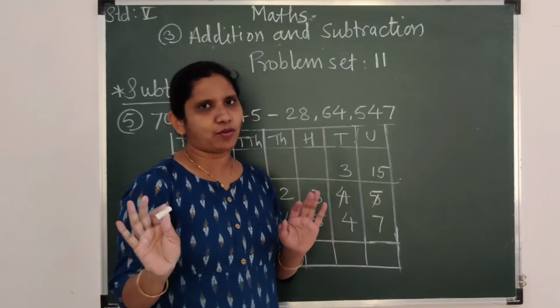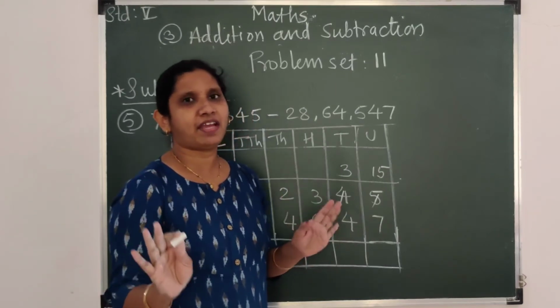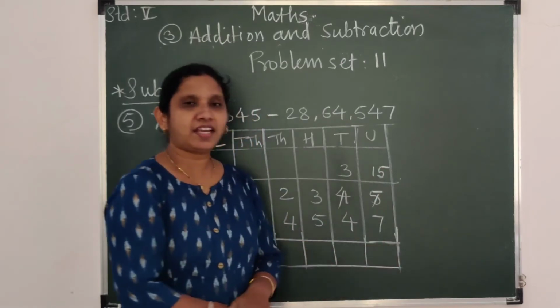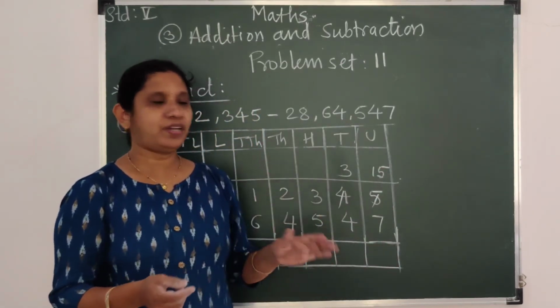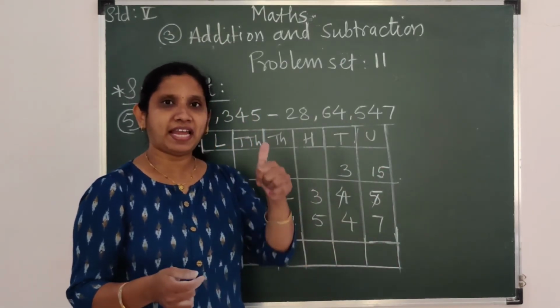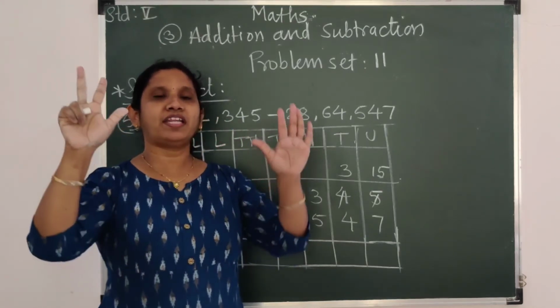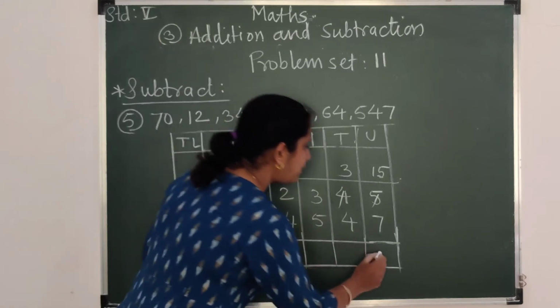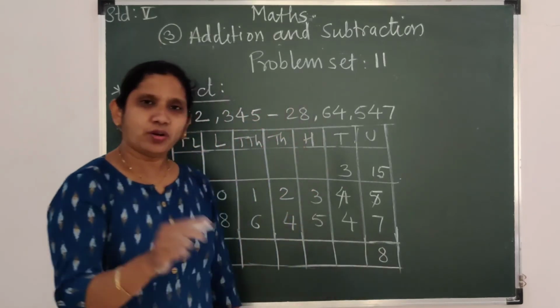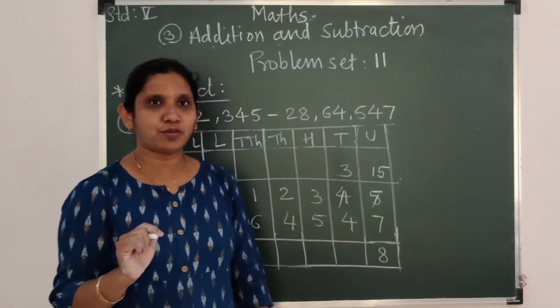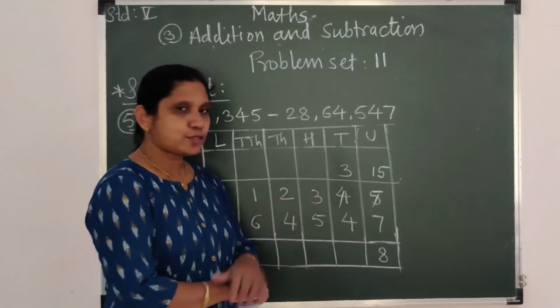Same technique we have to use to solve each and every example of subtraction. Now again 15 minus 7. Okay, start counting. What is the next number after 7? 8, 9, 10, 11, 12, 13, 14 and 15. So how much remains? 8. No need to draw all the time lines, then cancel it. That is time consuming.